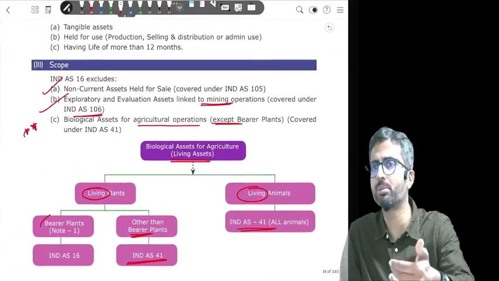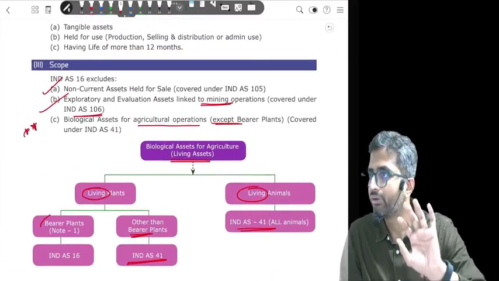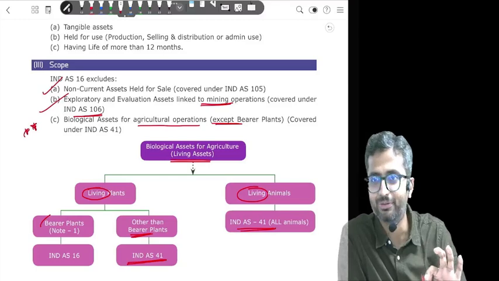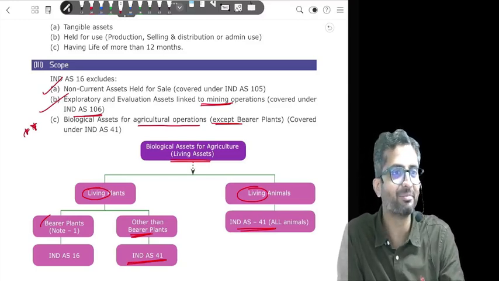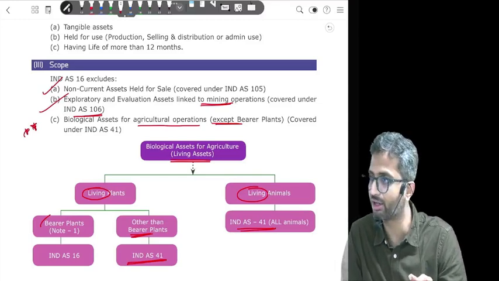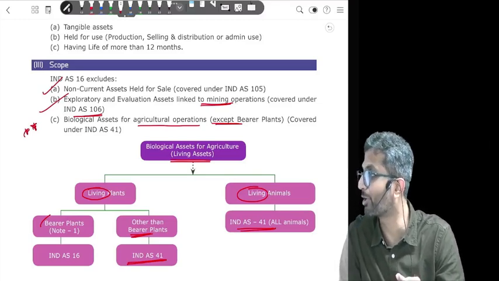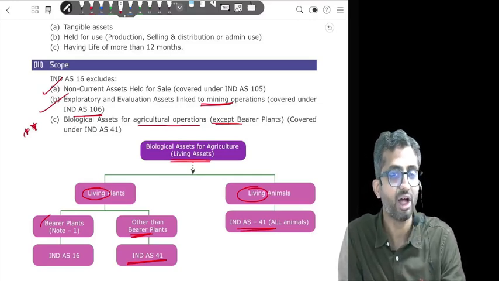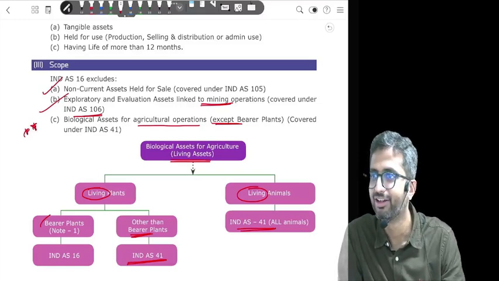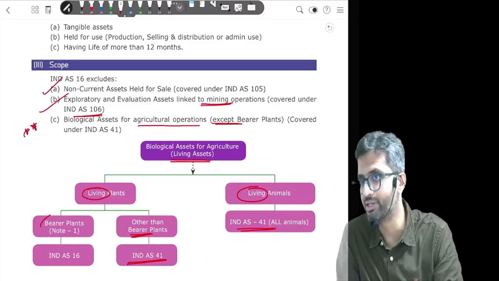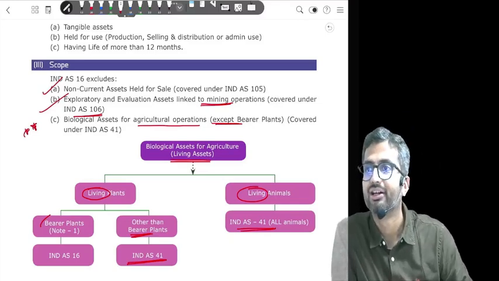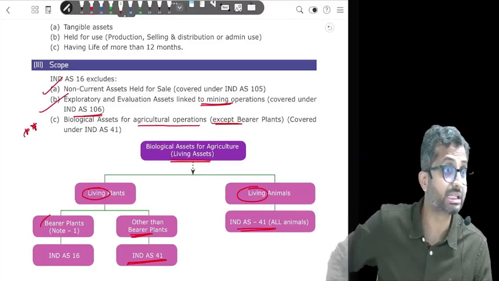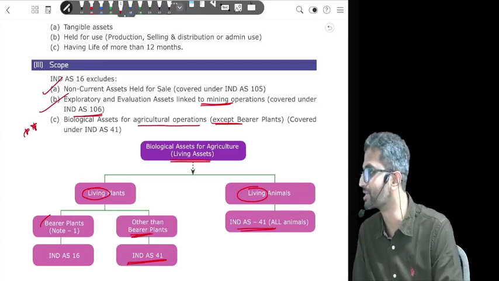One small thing before we proceed further from this section: what about human resources? Are we also biological? Do we have a life? So where should we be covered? Should we be covered under Ind AS 41, biological assets for agriculture purpose? No. Should we be covered under Ind AS 16? No, not even Ind AS 16. In assets, but that is an expense. I'm saying as an asset. Okay, so human resources, are they assets in the first place?